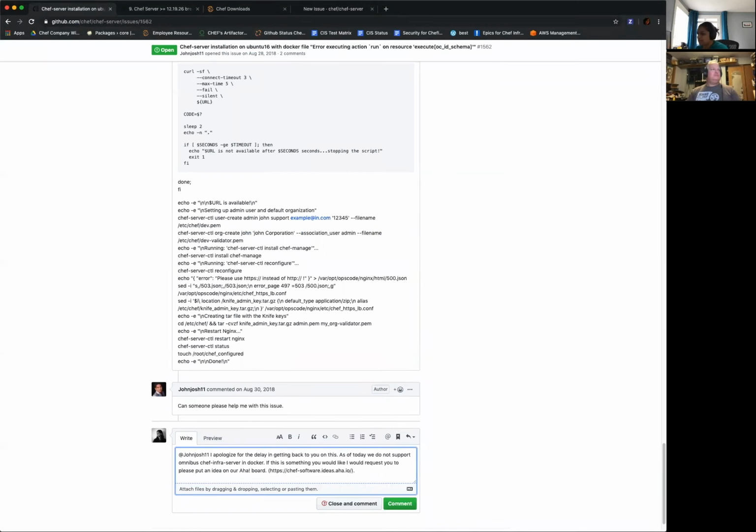Should I say, this is okay to close out, right? Yeah. So is it okay to say closing it out in favor of the idea? I would say something like, omnibus wasn't well structured to deliver a good experience for Docker users.